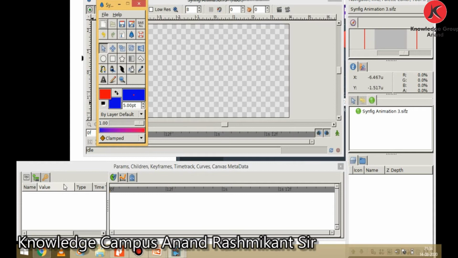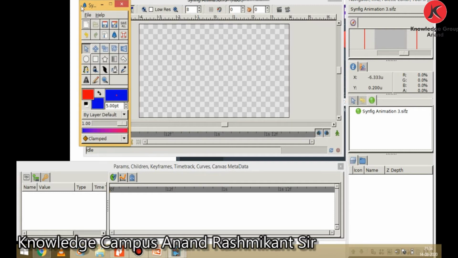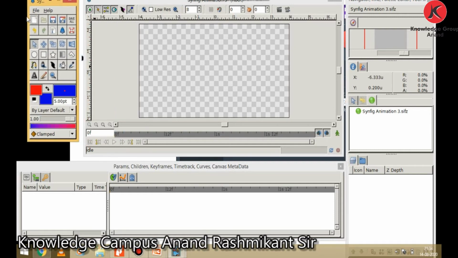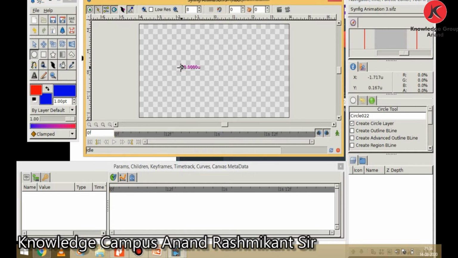Let us first discuss the tools used to draw an object. Here is the circle tool. When you click on the circle tool, you can see the options for the circle tool. If you want to draw a circle, drag in the canvas.